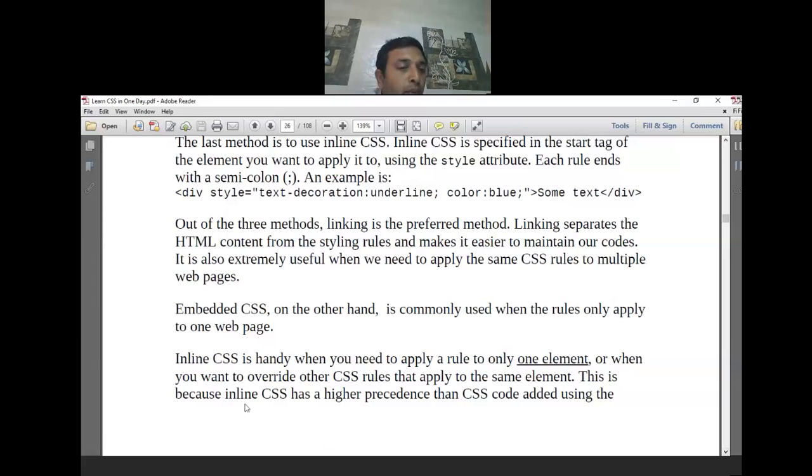Now it's a very important point. If you want to override this CSS on certain conditions, inline CSS has a higher precedence than the CSS code added using the linking reference.